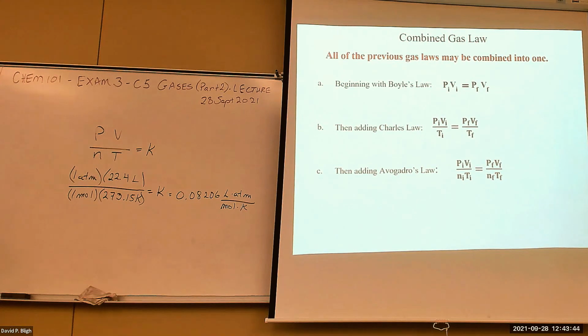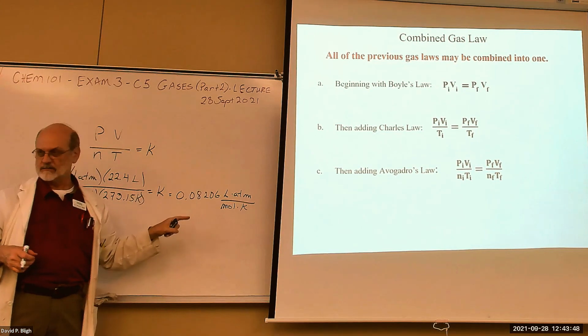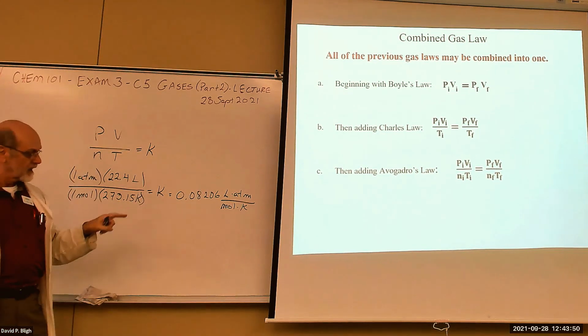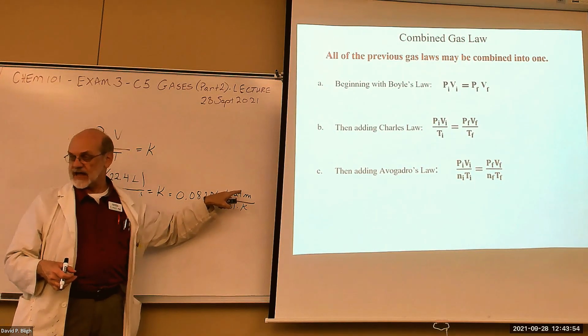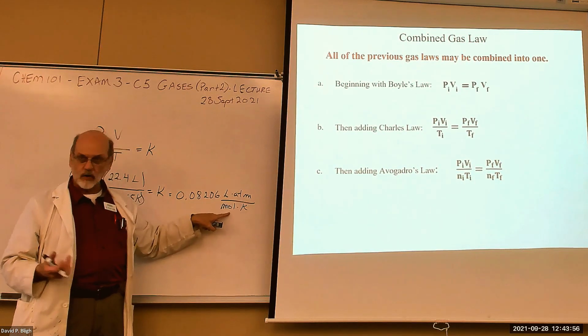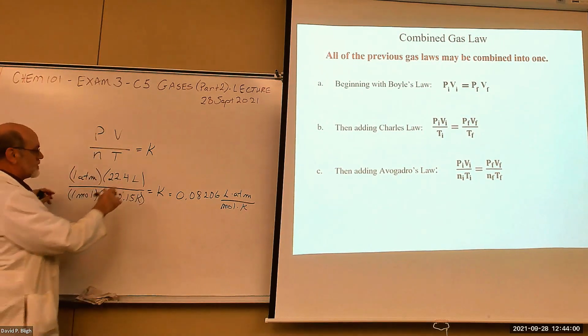Now we have a fixed value for our constant under any conditions, as long as we use these units of measure: volume in liters, pressure in atmospheres, moles, of course, and K for temperature. Now we have an equation,